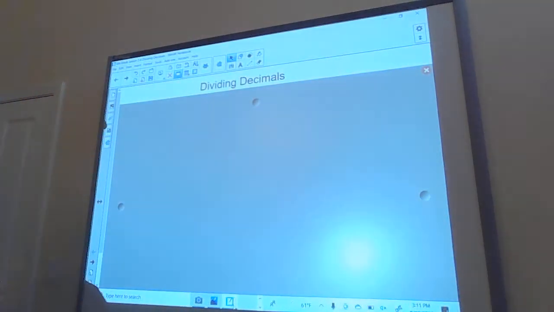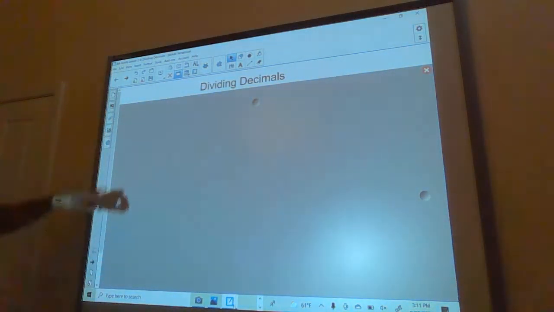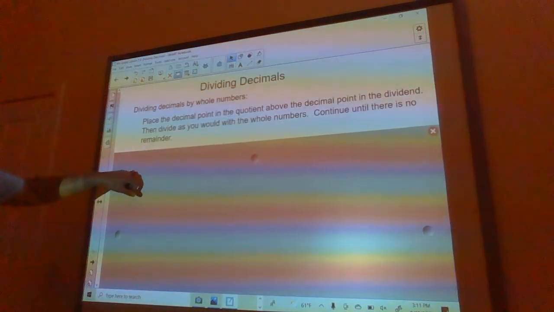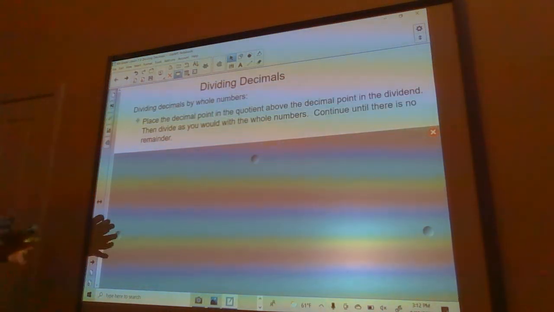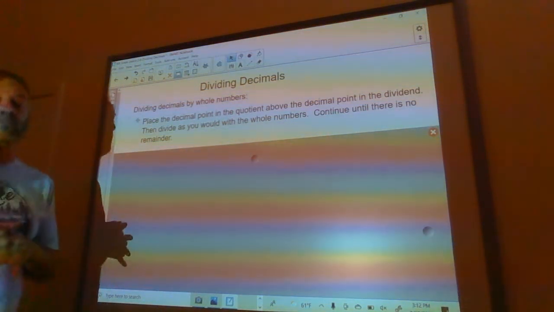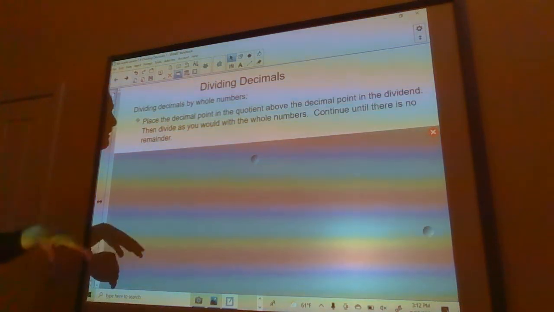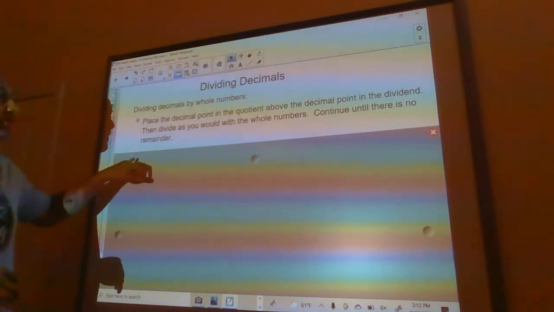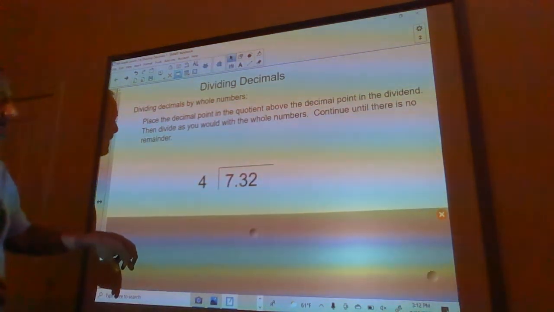Good morning, everybody. So today what we're going to do is divide decimals. So, how do you divide decimals? Well, you divide decimals by only whole numbers. So if you're dividing by a decimal, then you have to change it to a whole number. Okay, so for example,